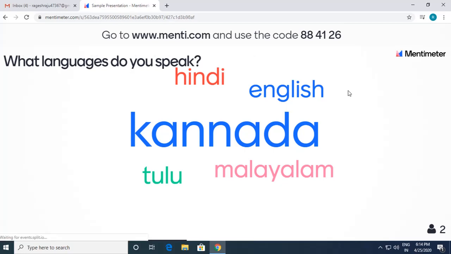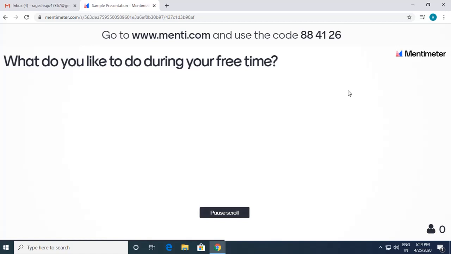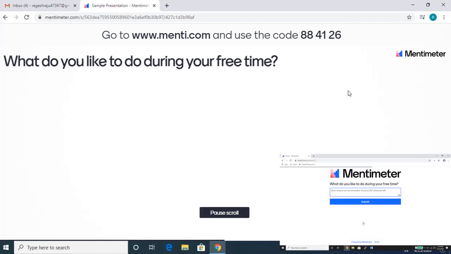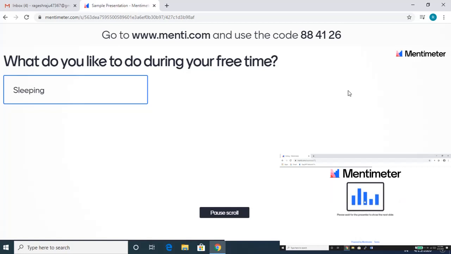So I go to the next slide, how it works. So it is asking what do you do during your free time. So here I can type longer wordings. So I type this, or in the laptop or my other PC I give traveling, right?